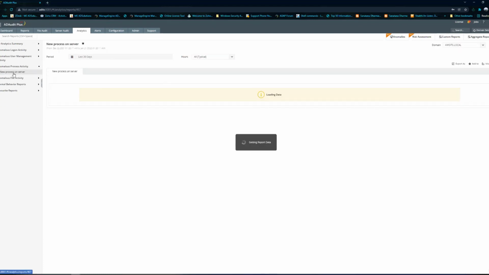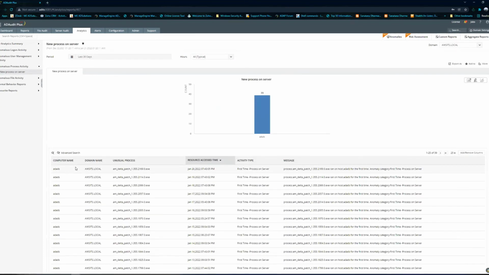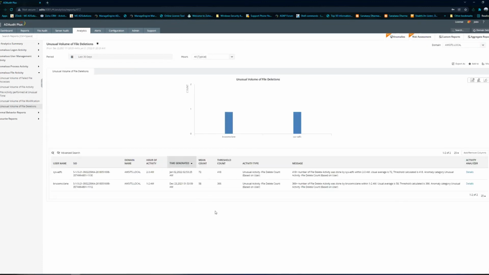Any new process installed? Yeah, this is very important. And a new process gets executed. File changes, abnormal file deletions or modifications. My God. Okay, well, I didn't do this obviously, but we've had this tracked at 2 to 3 a.m., which